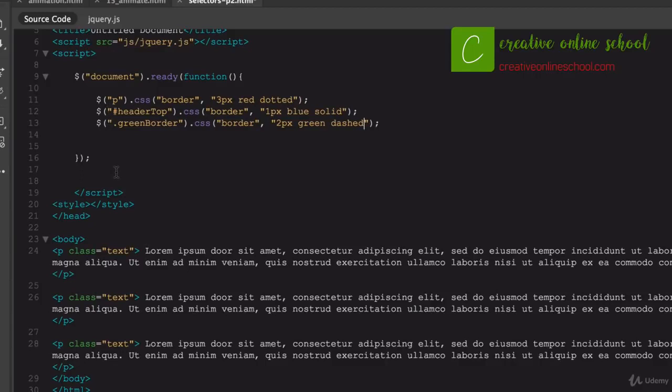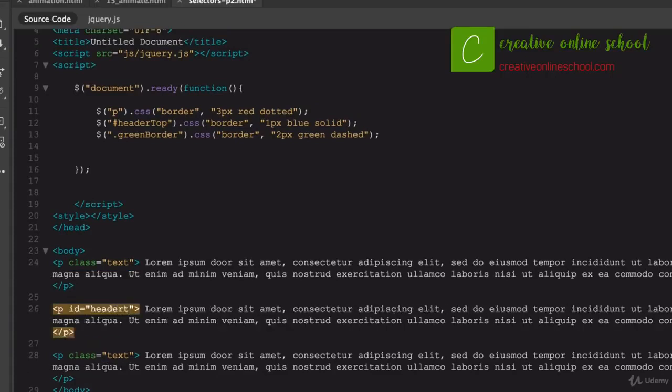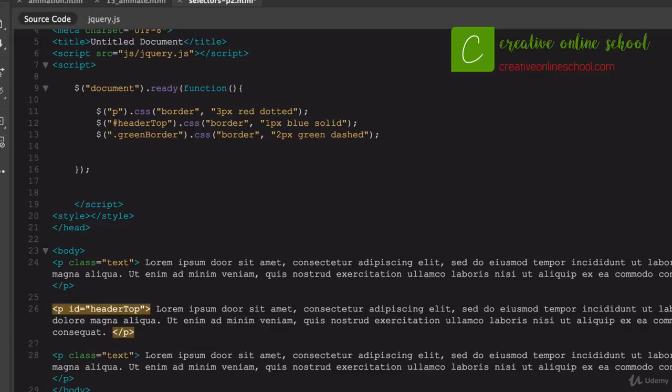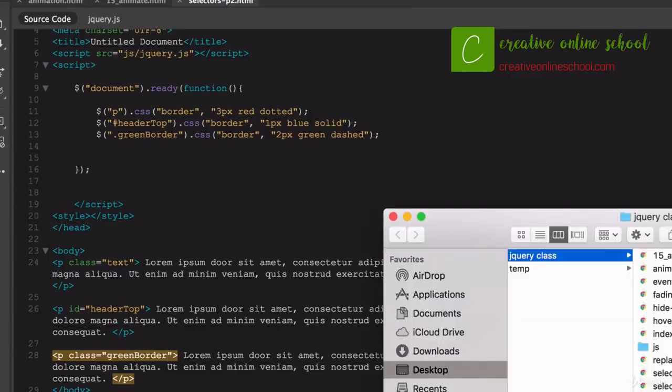up here. So of course I've got the paragraph tag right there, which will attach to anything. Let's say this paragraph ID equals header top is what I created up there, looks like. Yes, okay. ID, and then this one was a class, and that will be green borders. Now if I save my document and I bring that into, what was this one, selectors 2, bring that